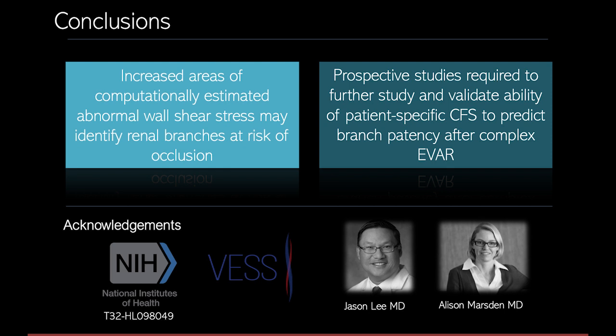Specifically, we found that increased areas of computationally estimated abnormal wall shear stress can identify potential renal branches at future risk of occlusion. Lots of prospective studies and validatory studies are needed in order to see whether this has any